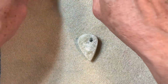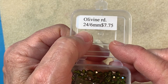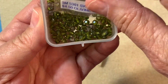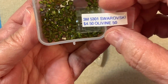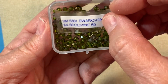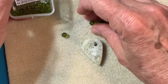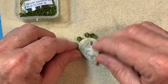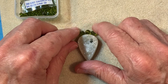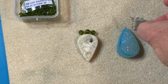Now this one I do have an idea. I'm going to use a little bit bigger bead on this one, and this is olivine I guess, green. And this is an older one, I don't think this is a 3mm, but like I said, these were all gifted to me, so there's different sizes in here, but it's definitely Swarovski. I have trouble pronouncing that. And you can see that these stones were not cheap, that's for sure. But this is probably a 6mm. And I thought this matches this little green hint of tourmaline in there. And I figured I'd just do something right at the top of this and have the teardrop down, whereas this one's going to be up, if that makes sense,